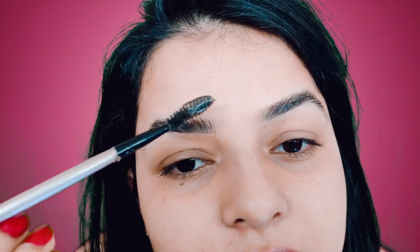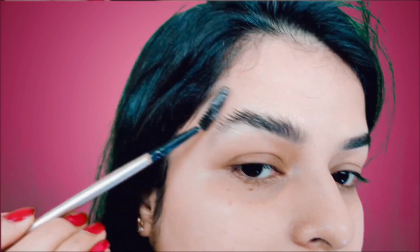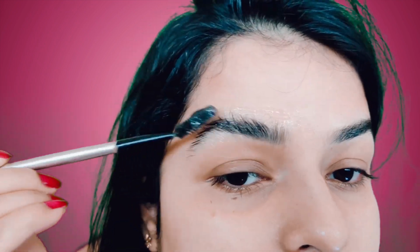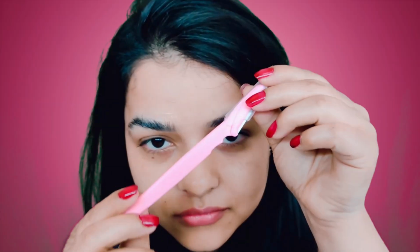Next, apply aloe vera gel or moisturizer. As we all know, aloe vera is a magical ingredient that soothes and hydrates the skin. Apply a generous amount of aloe vera gel on your eyebrows to create a protective barrier and ensure a smooth shaving experience. Not only does it moisturize the skin, but it also helps the razor glide effortlessly, reducing any potential irritation. Now, before we begin the eyebrow shaping process, it is crucial to ensure that your razor is clean and